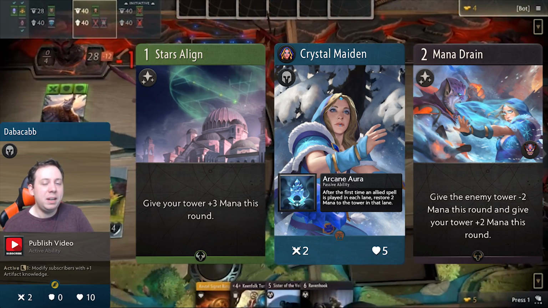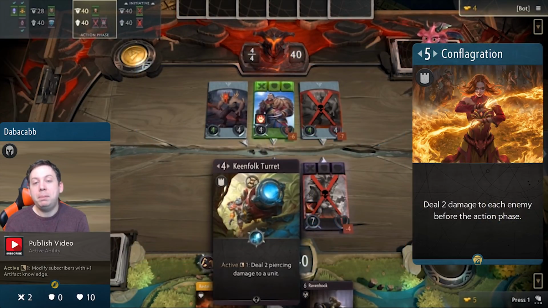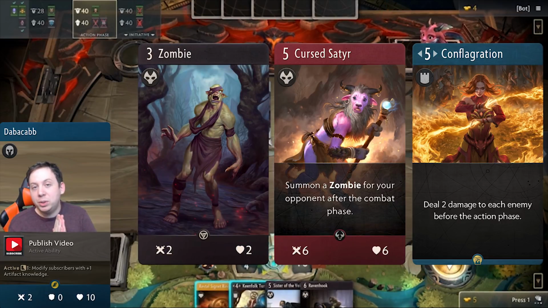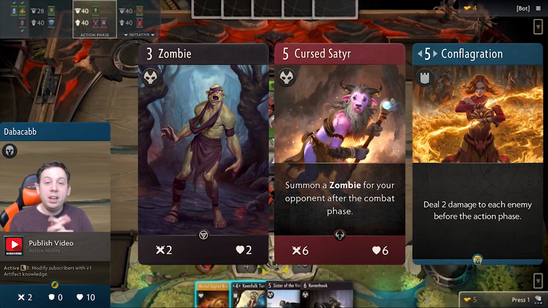So pretty heavy investment to pull off that combo, but it's got potential for sure. Next up is Conflagration plus Curse Satyr. Now the way Curse Satyr works is after the combat phase, she adds a 2/2 zombie to the enemy field. But if you have a Conflagration in the same lane, then once the camera goes back over into that lane,